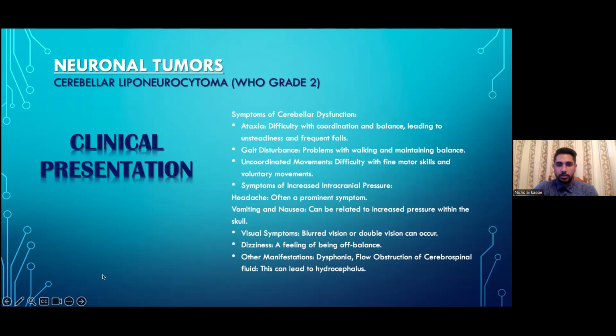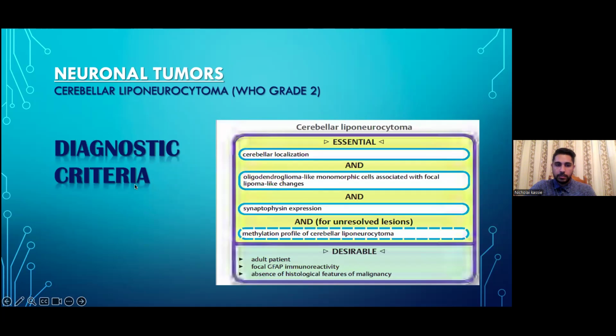Clinical presentation of these patients is usually symptoms of cerebellar dysfunction, such as ataxia, gait disturbance. Patients can present with symptoms of raised ICP, such as headaches, vomiting, visual disturbance, dizziness. The other manifestations could also include dysphonia, flow obstruction of the cerebrospinal fluid, as we previously described, and the symptoms associated with such. In terms of diagnostic criteria, what is essential is a cerebellar localization and oligodendroglioma-like monomorphic cells associated with focal lipoma-like changes,